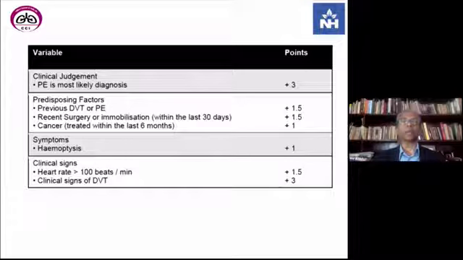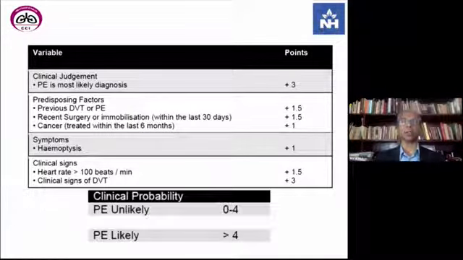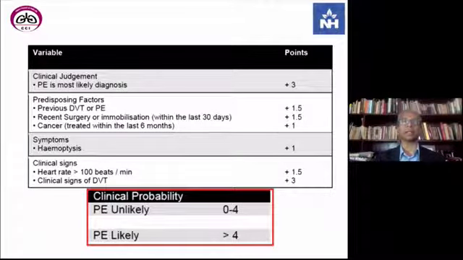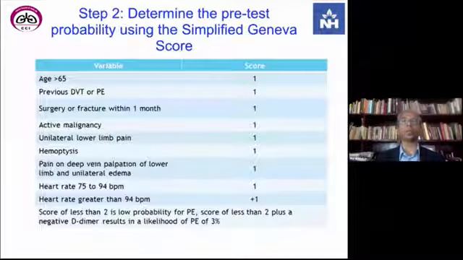So we've used various criteria, and one of these criteria is the so-called Wells criteria or modified Wells criteria. But I'll go on to the simpler criteria that we use. Incidentally, the Wells and the modified Wells are available on online calculators. But you can also get the simplified Geneva score, and I like this because it's simple. It uses practically the same features we found in the PERC rule-out criteria, and it talks about what are the risks which are high and which summed up together will tell you what is the pre-test probability of having a